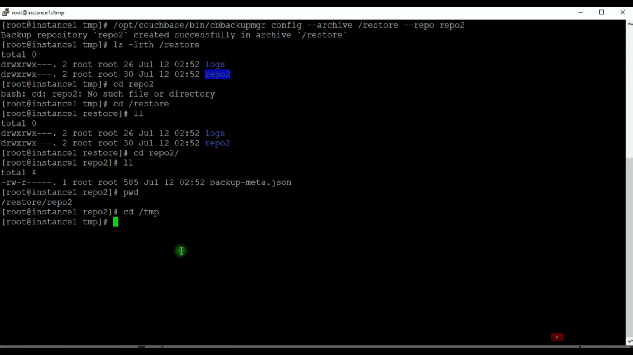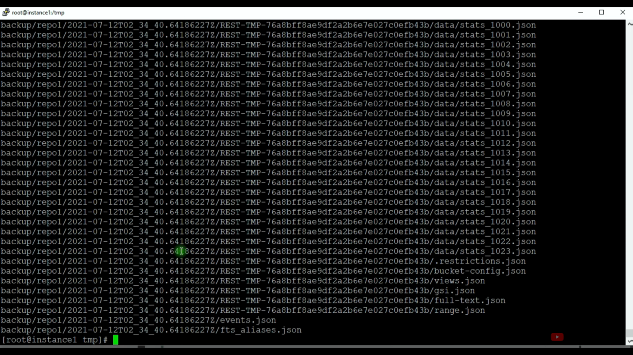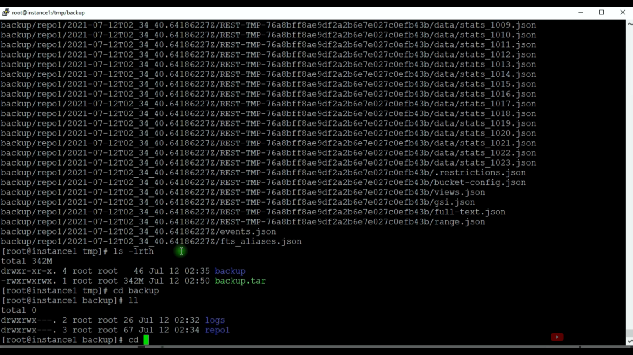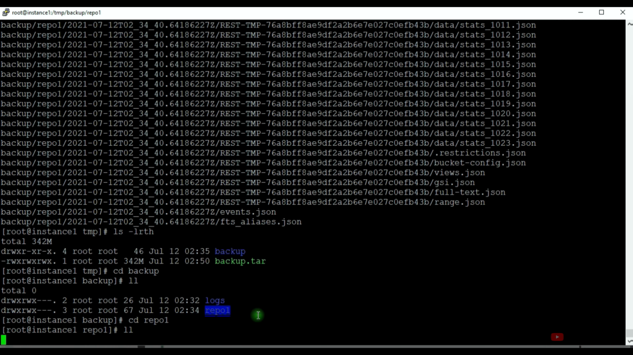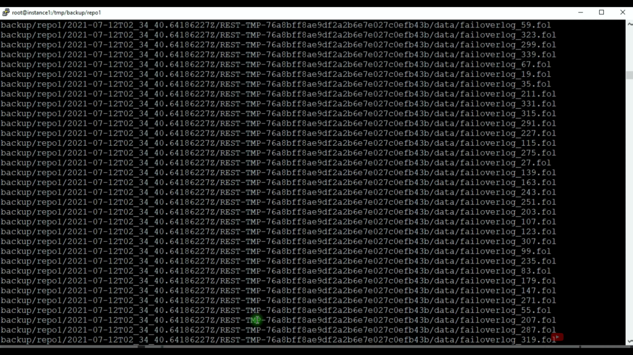Now I am switching to the temp directory, untar this. Untar completed. Let's go inside backup. We have taken the backup with repo1, so the folder is there with repo1, switching inside it. There we have the required files. I'm copying with cp -pr, -p to preserve the privileges, and since it is a directory, I'm using -r, to /restore